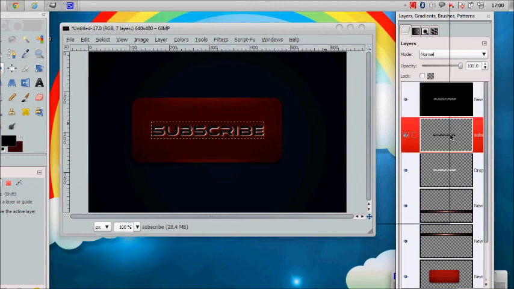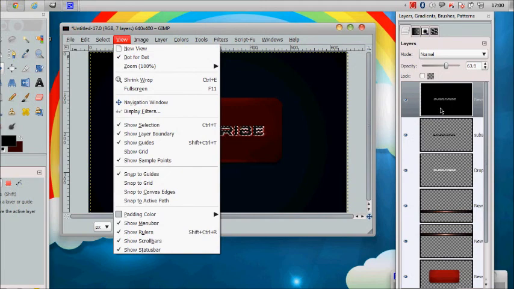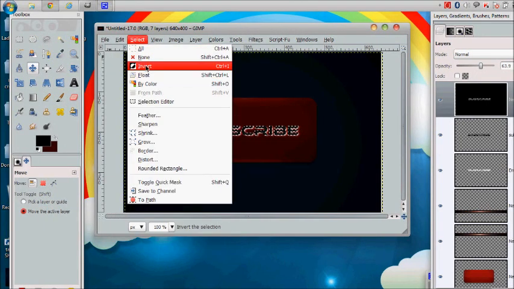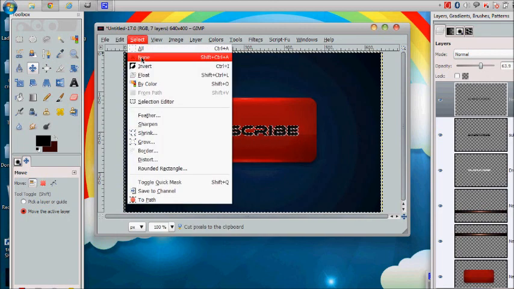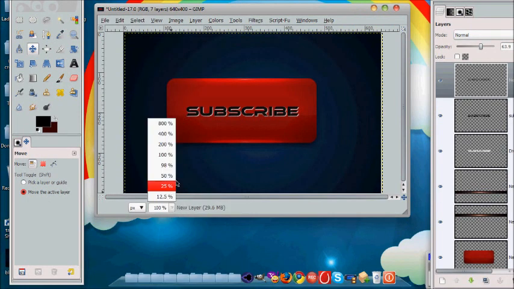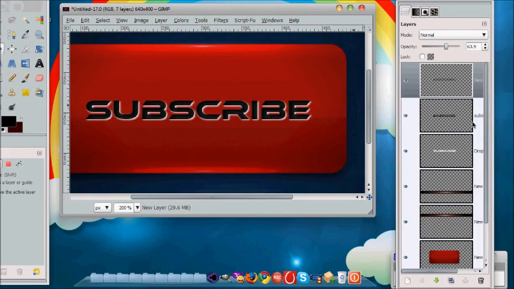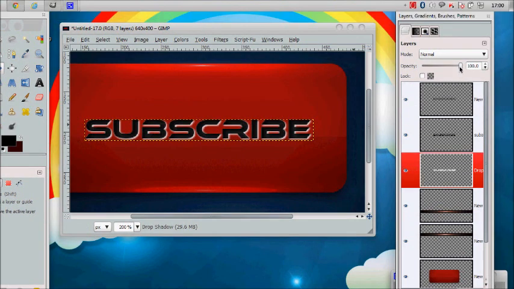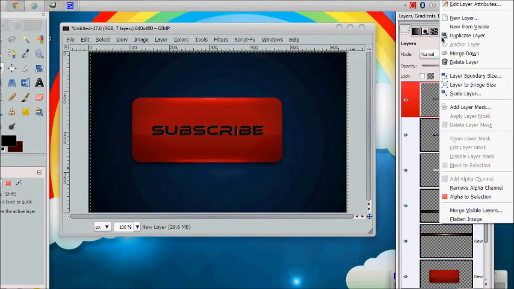And now alpha to selection the original text layer, click on select, go to the background, click on select, invert, edit, cut, and go and select none. And now if you see, it's given it a nice inner shadow. And now on this white text, which is a drop shadow, just lower the opacity a bit to about six, and merge those down. And now with